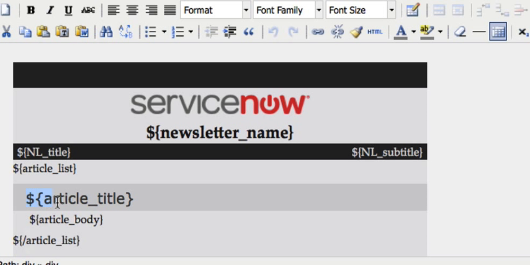And then you kind of set up a style with an article title and an article body. The article title is the title field on the article record itself. The article body is the body field, the actual content of that article. So you place where this will go. And if you have multiple articles, it's just going to put one article title and body after another within this article list definition. So those 5 variables are the special variables: the NL title, the NL subtitle, the article list,